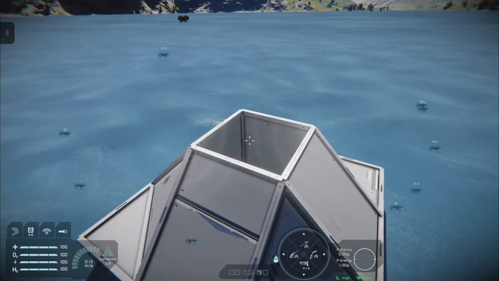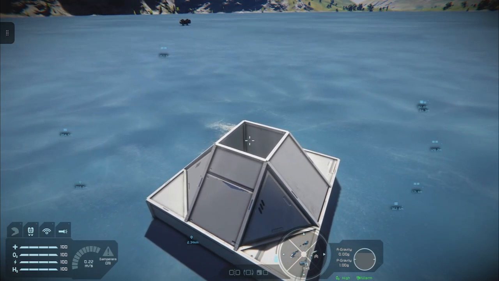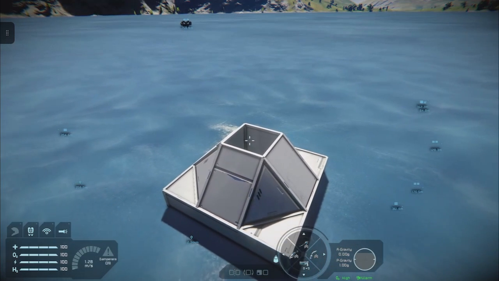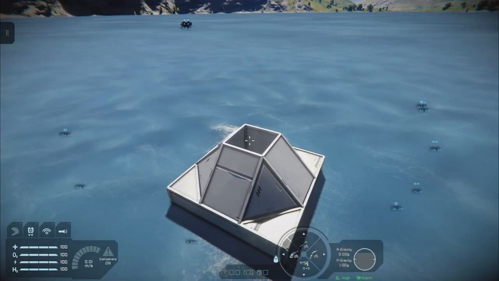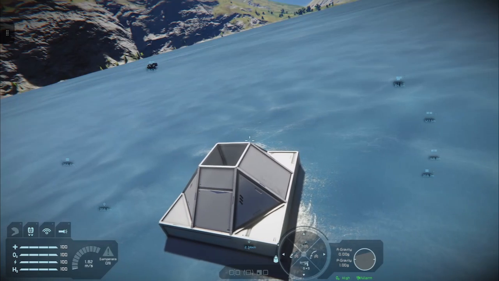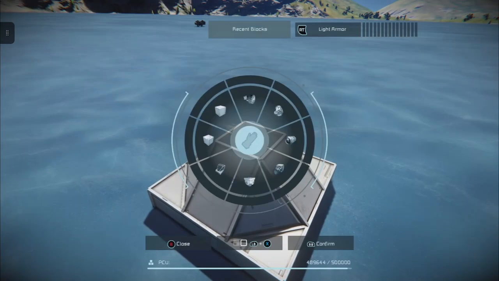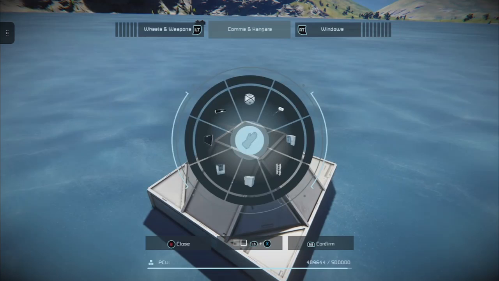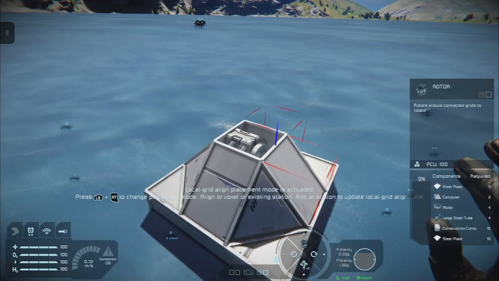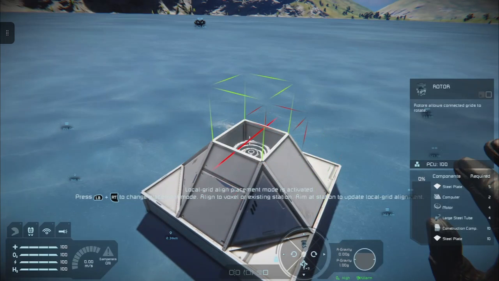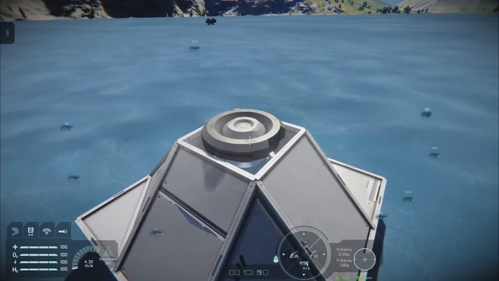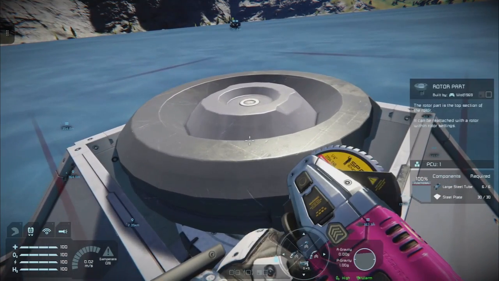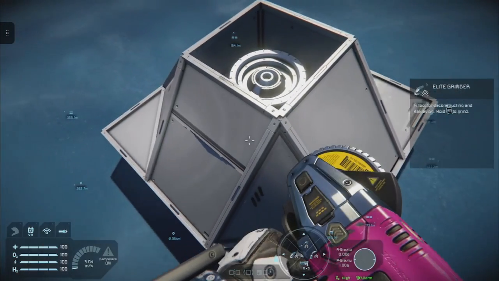Anyway, so hydrogen is a fuel in the game that is generated from ice. Now, when you're generating hydrogen on a small grid, and this is why I've built this little platform here, I just need to finish it off, pop a rotor in, and do my usual when you're playing in survival, grind the head off,